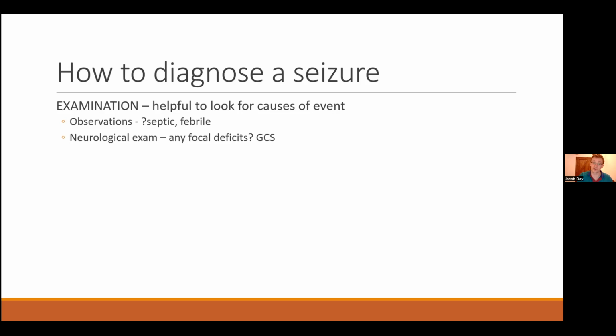You do have to do a full neurological exam, I'm afraid. Really helpful to document the GCS. If someone's really drowsy and possibly post-ictal, do the GCS, and then a couple of hours later you can compare it and say, yes, this person's improving in the way I might expect someone to after a seizure. And if they've got any focal deficits, so unilateral weakness, hemianopia, something like that, that suggests a structural brain problem. Maybe a stroke. Occasionally a stroke can trigger a seizure, or more likely something like a brain tumor or another space occupying lesion.